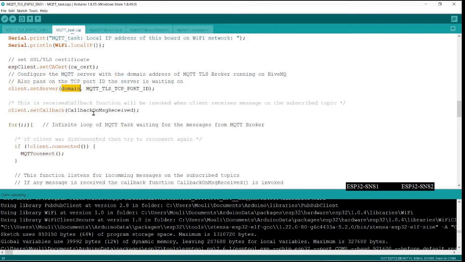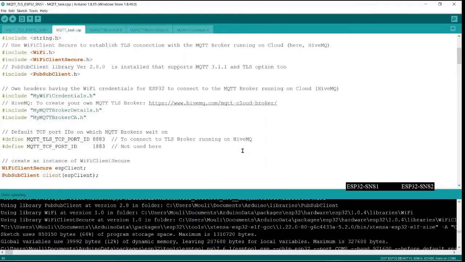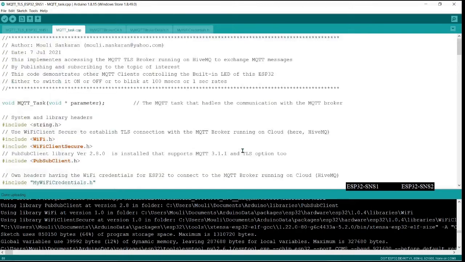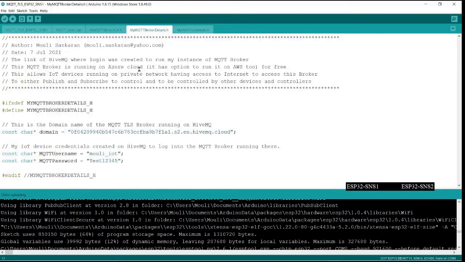Now the domain is nothing but the name that we got from the broker. Let me show you the domain where I am initializing it. So these are the broker details. The domain is getting initialized here. This is what we got from the broker.